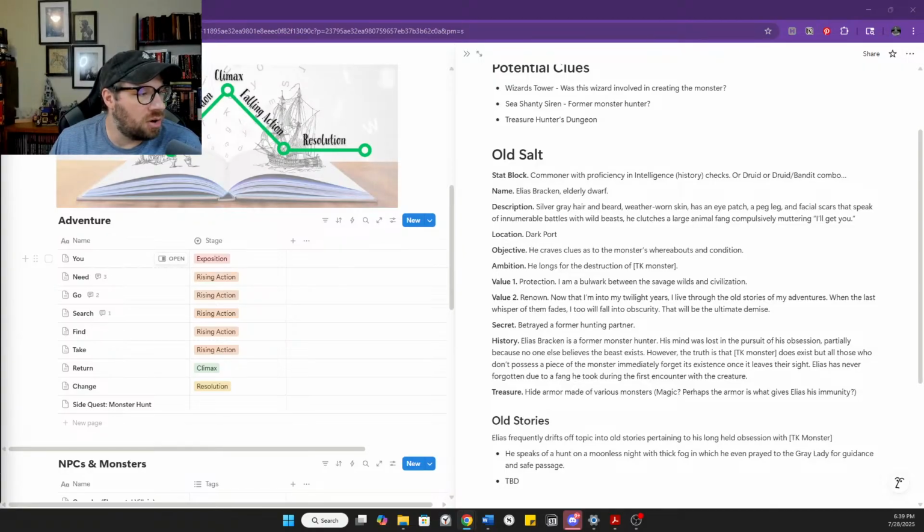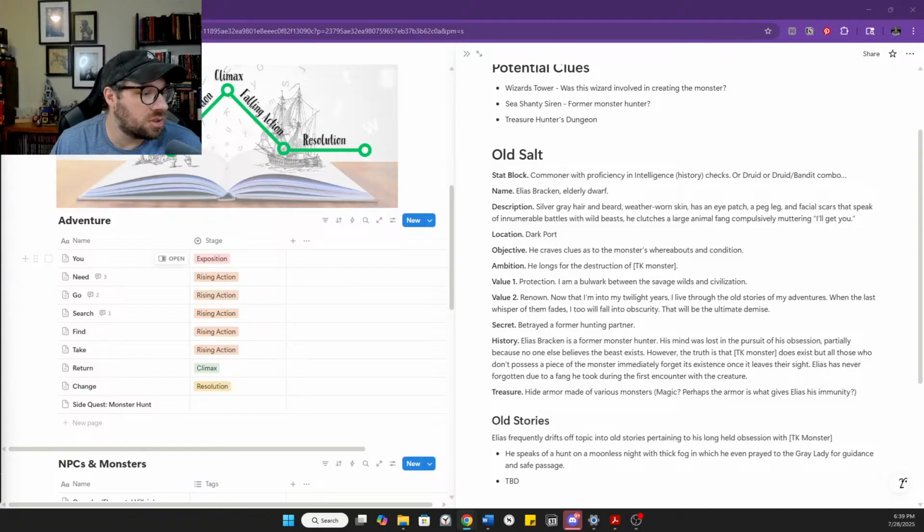Third level characters, right? So again, you can follow along on your own. This is the 2024 Dungeon Master's Guide, as I said. We go to the XP budget per character chart. And for third level characters, low is 150, moderate is 225, high is 400. I would probably put Elias somewhere in a CR stat block that falls between low and moderate, so between 150 XP and 225 XP. And I think that means he's probably a challenge rating 1, if I am remembering this correctly, but we can certainly look that up.